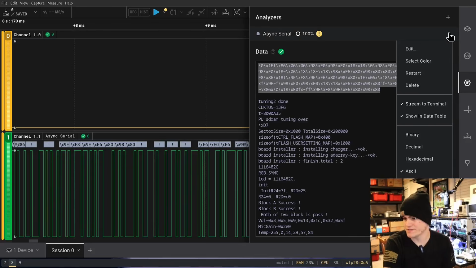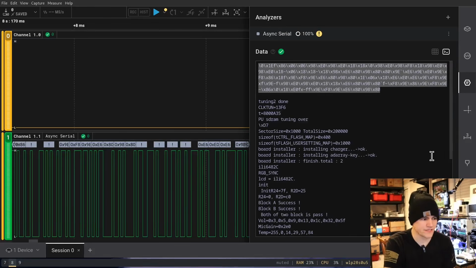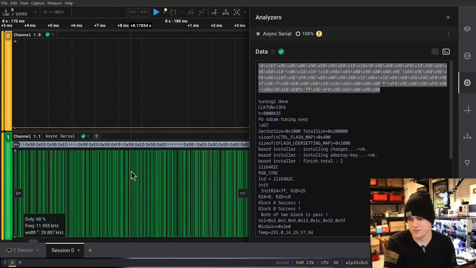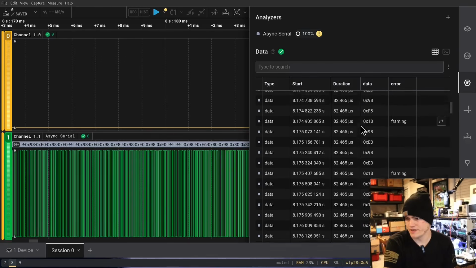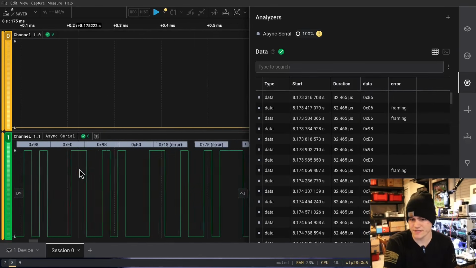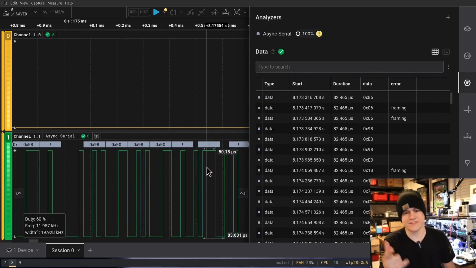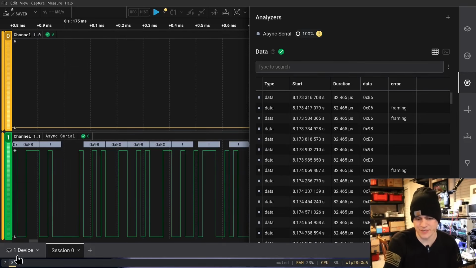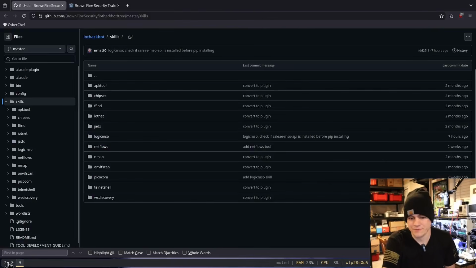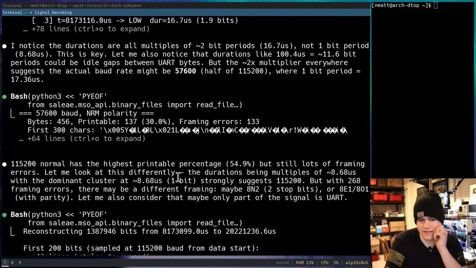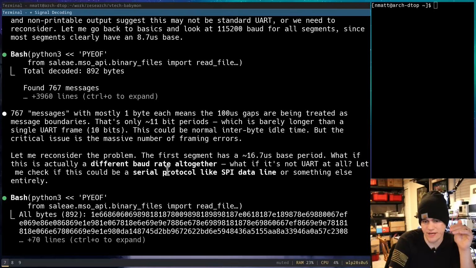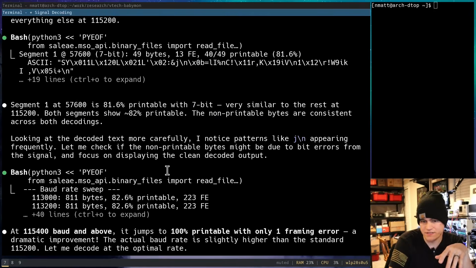It could be binary. So we could go in here and we could select hexadecimal and we could just interpret the data as hexadecimal bytes. But we're also getting some framing errors. See, I think this is just noise. I think this is pure noise at the beginning. I don't actually know. But let's go back and let's scroll ahead a little bit